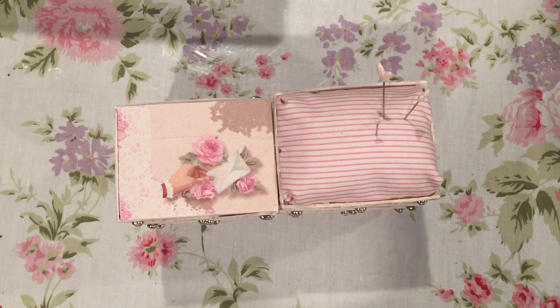It looks very small. That's because it is. I actually had originally got a sewing box, but it was also small. It was probably just a little bit wider than this one. I painted it and I didn't like the result, so I decided I would make my own. I was kind of on the fence with it anyway because I've never used this